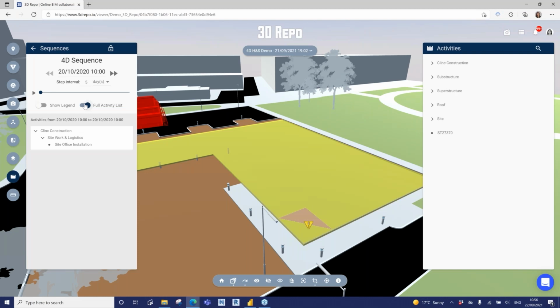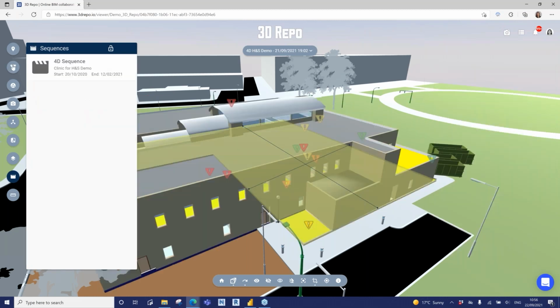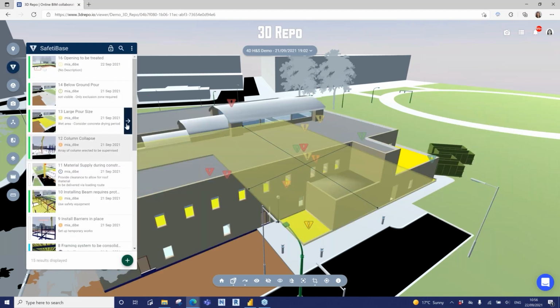And it allows you to add a time-sensitive issue and even risk to your project. So really the real benefit here is during the planning stage, you're not only looking at health and safety, but you're also looking at logistic management, constructability issues management, even rethinking the entire supply chain strategy, and rethinking the work package allocation. During the construction stage as well, I can look at site induction. So for instance, if I'm opening a risk,